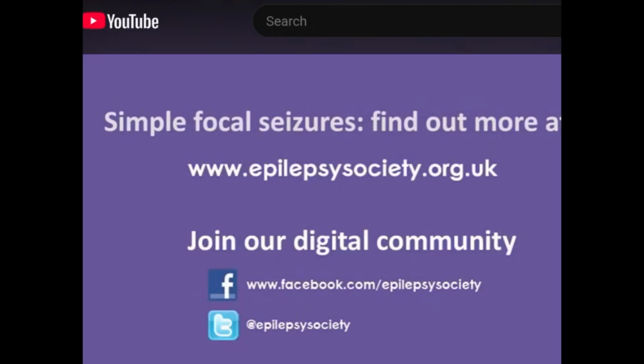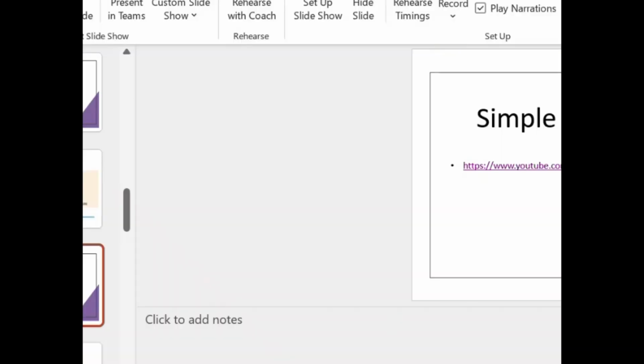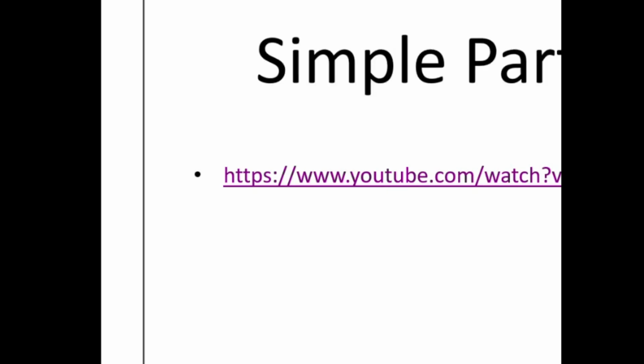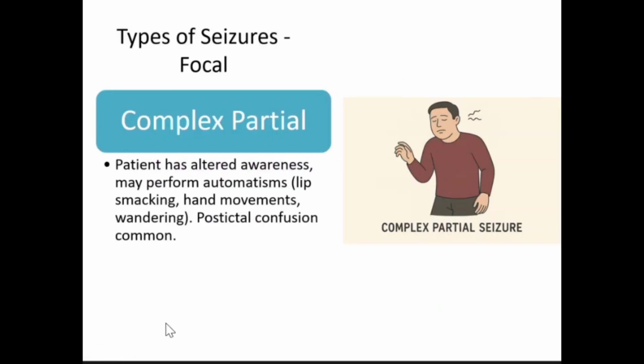Well, they do have the full-blown seizures. Yes, not discrediting that by any stretch of the matter. A lot of them are focal seizures. Sorry, I feel like I keep pausing because I have to reset that up. So complex partial, or complex focal. These are going to have impaired awareness. These are the ones that might sound postictal as well.